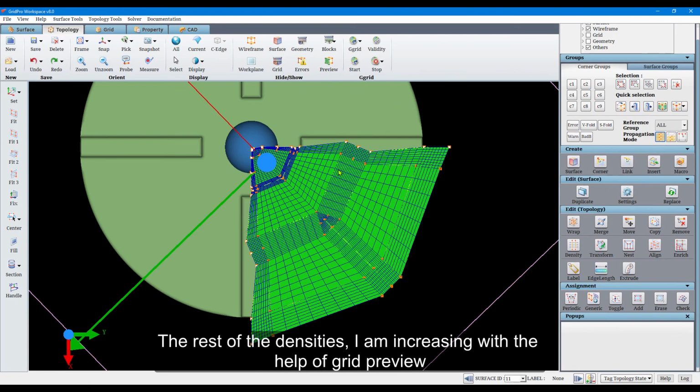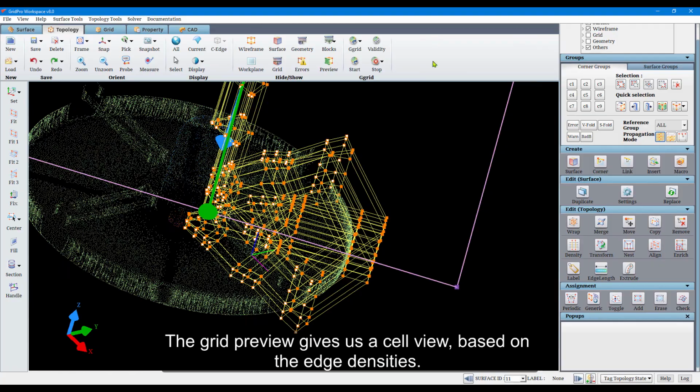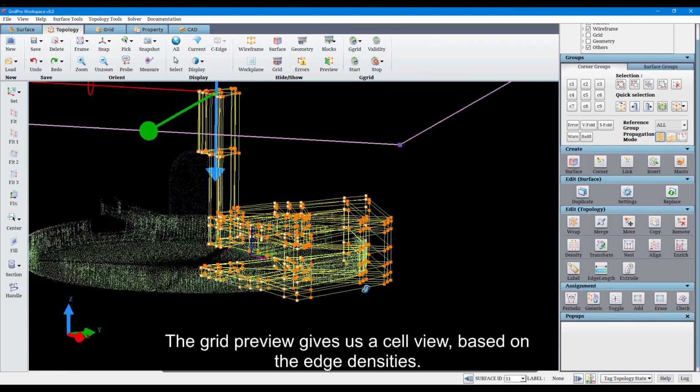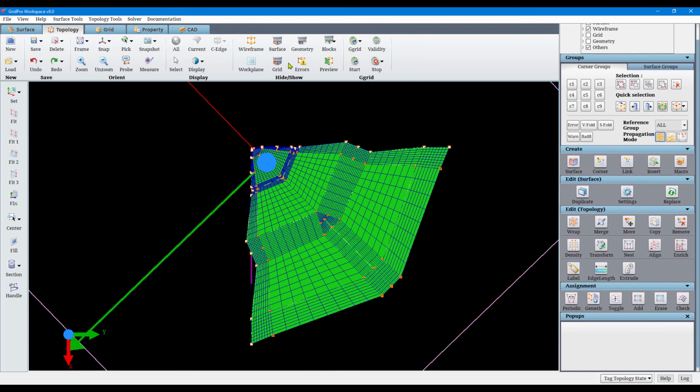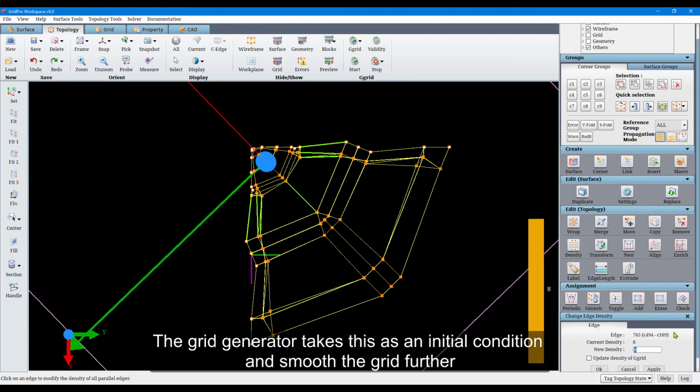The rest of the densities I am increasing with the help of grid preview. The grid preview gives us a cell view based on the edge densities. This is just a visual approximation. The grid generator takes this as an initial condition and smooths the grid further.